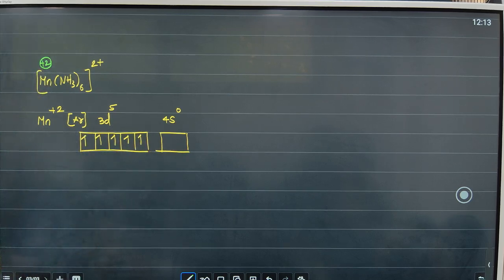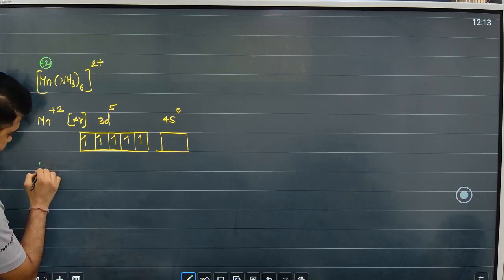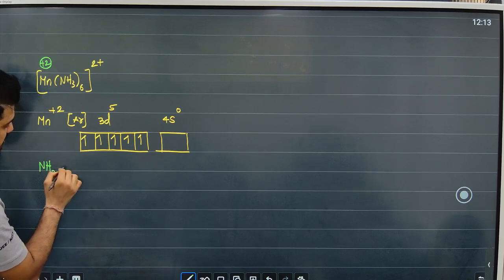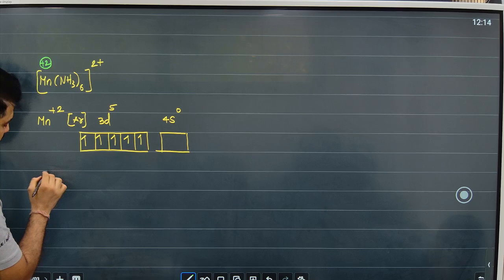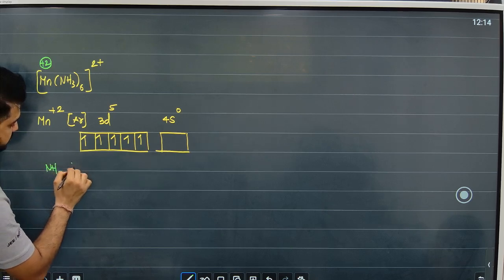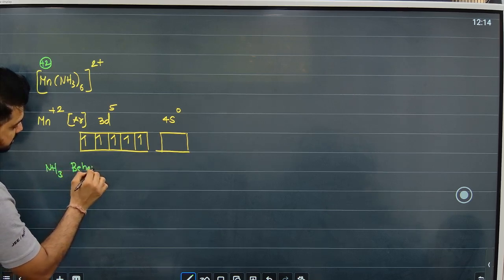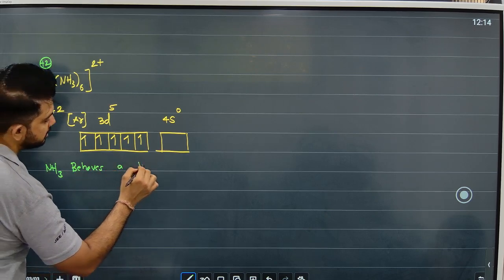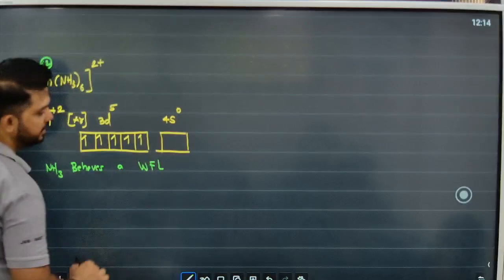Next step, what do we do? NH3 is a, and hence this should have happened, but NH3 or Mn plus NH3 behaves as a weak field ligand